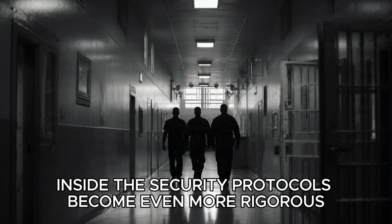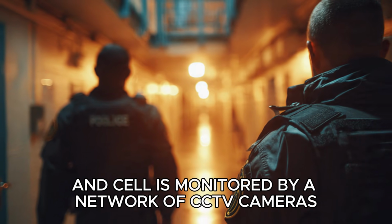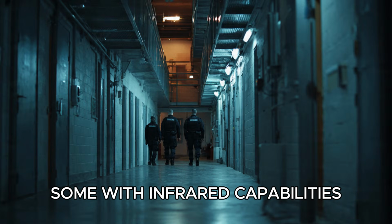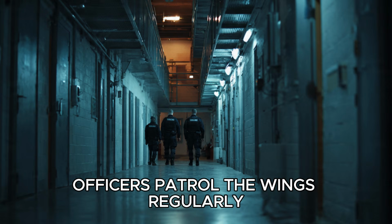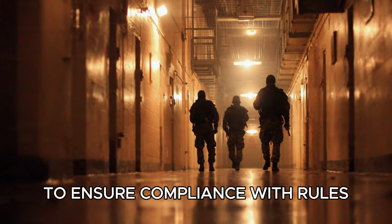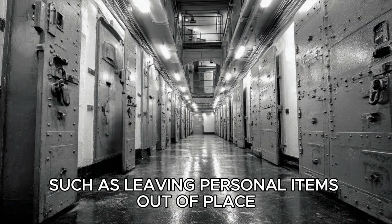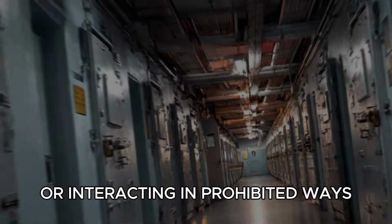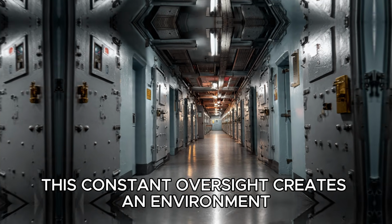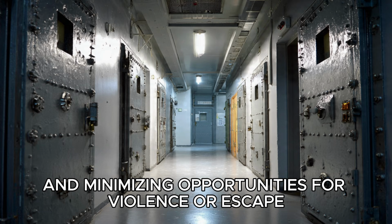Inside, the security protocols become even more rigorous. Every corridor, landing, and cell is monitored by a network of CCTV cameras, some with infrared capabilities for low-light observation. Officers patrol the wings regularly, conducting random and scheduled checks to ensure compliance with rules. Even minor infractions, such as leaving personal items out of place or interacting in prohibited ways, are swiftly addressed. This constant oversight creates an environment where inmates are aware that every movement is observed, reinforcing discipline and minimizing opportunities